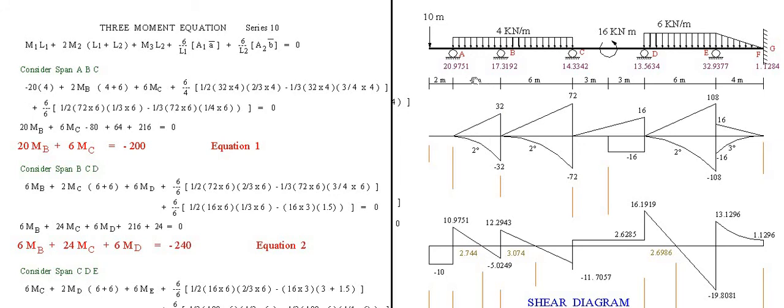So for this first span, the origin must be on the left. For the second span, the origin must be on the right. So the area times the corresponding distance of each of these geometric figures, then there is a corresponding centroid of this